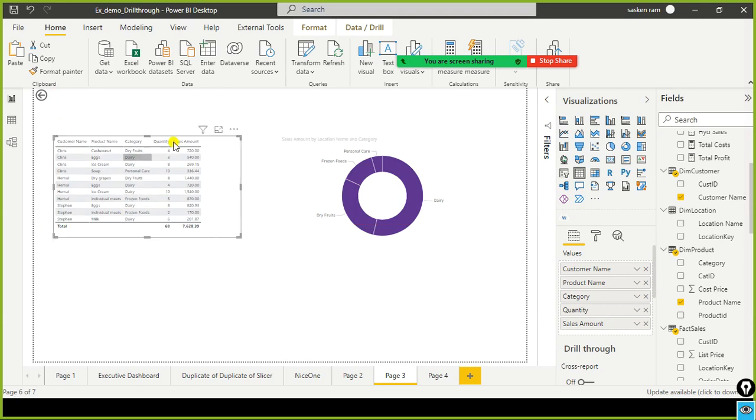So the detailed transaction for category, since we already selected the dairy product, so dairy category related products are already displayed item wise. And since we did the drill through for the location, it shows the location related detail also here. So it shows the Hyderabad related sales out of the total sales. So you can see what the Hyderabad sales is here. This is not total sales, this is a dairy product.